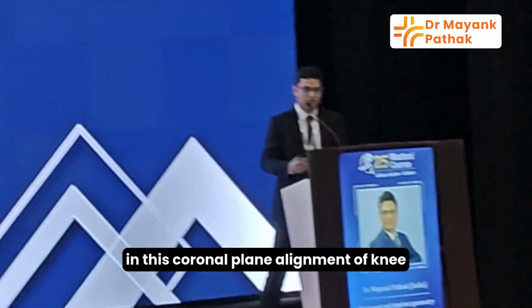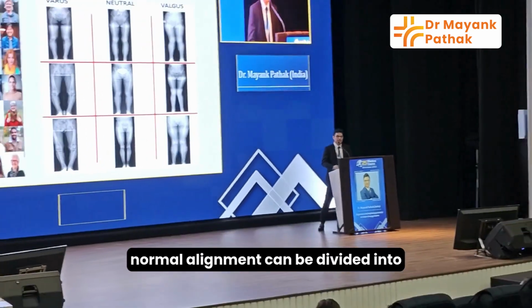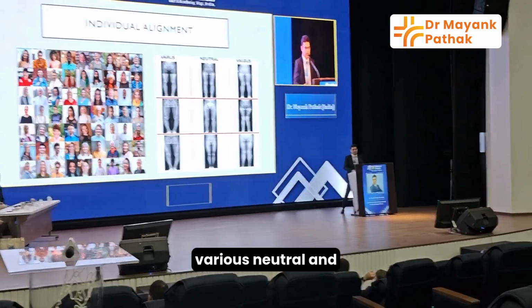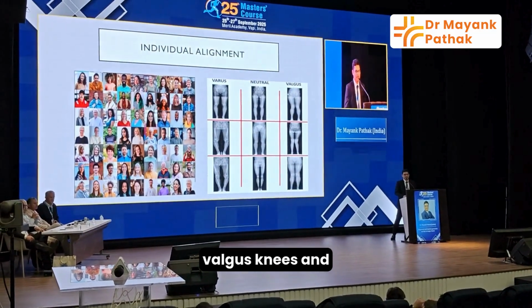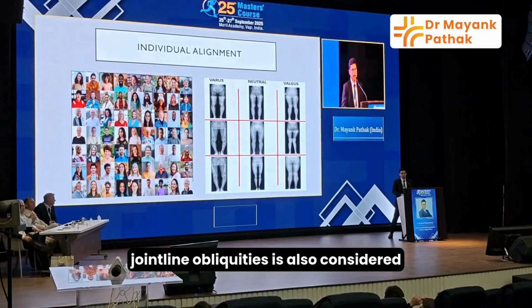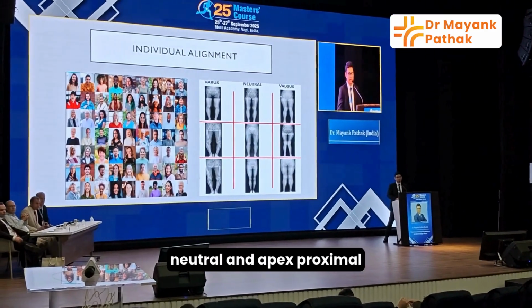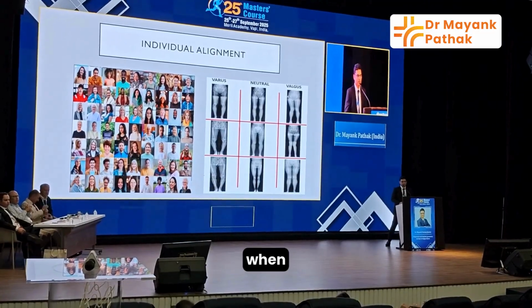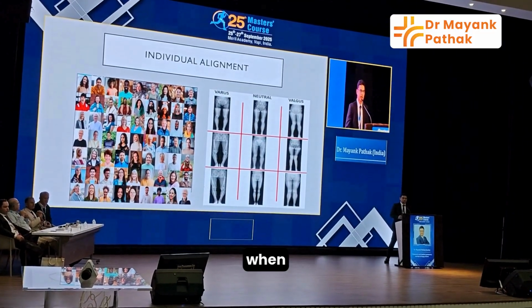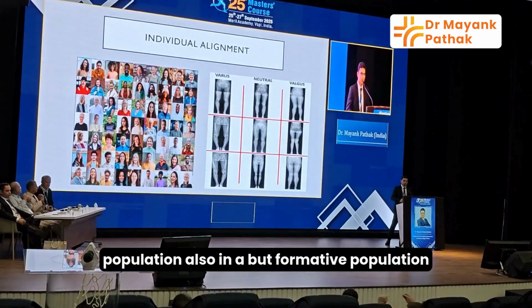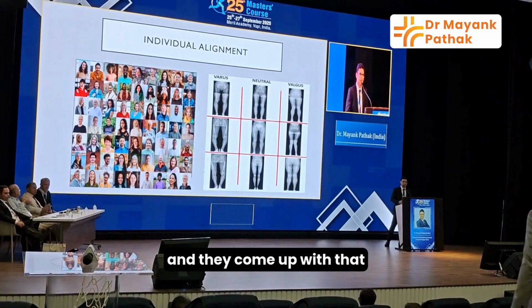In this coronal plane alignment of the knee, normal alignment can be divided into varus, neutral and valgus knees, and joint line obliquity is also considered to divide them into apex distal, neutral and apex proximal. When this classification came up, they studied it in a normal population and also in a deformity population, and they came up